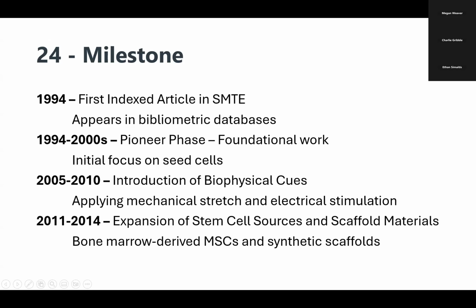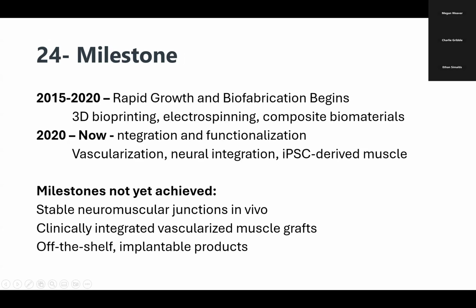Moving on to the next 5 years, during this phase, the field expanded into new cell sources, such as bone marrow-derived mesenchymal stem cells, and began experimenting with composite scaffolds and biodegradable polymers. These few years saw the early emergence of scaffold-free approaches where myogenic cells could self-organize, as I mentioned earlier. And 2015 to 2020, the field accelerated heavily, and